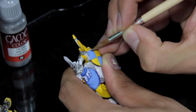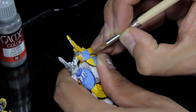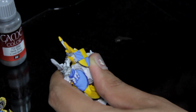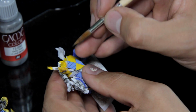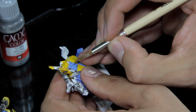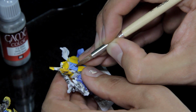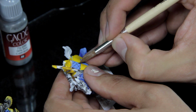So I'm going to build a grid. 1, 2, 3, and then ever so small in the corner there, 4. Then I'm going to build my grid going in the opposite direction. And usually I like to start on a corner and take it across. I'm going to start on this corner and at a perpendicular angle I'm going to take it across the whole way. So one more in the corner there,